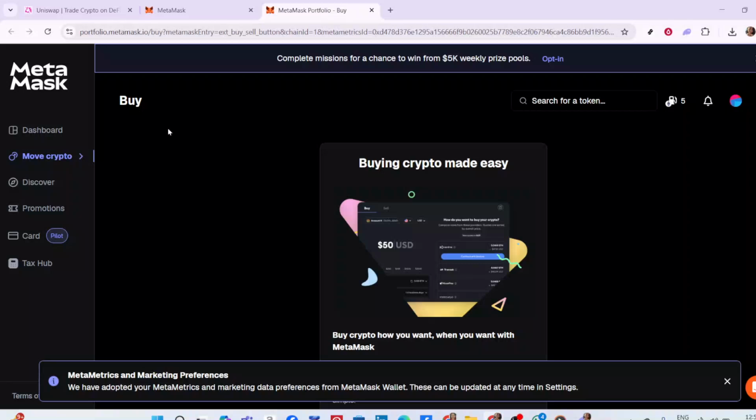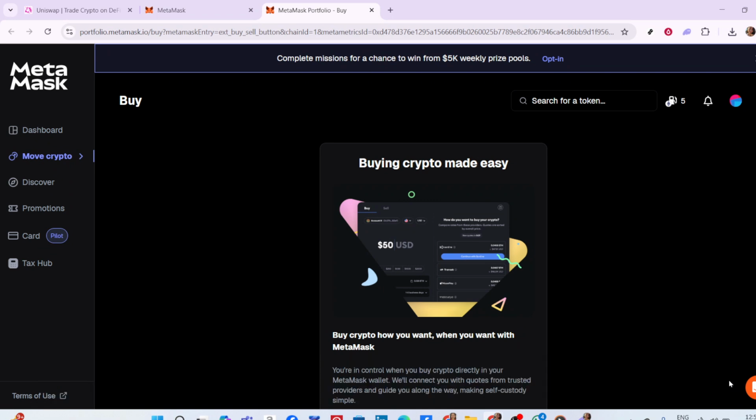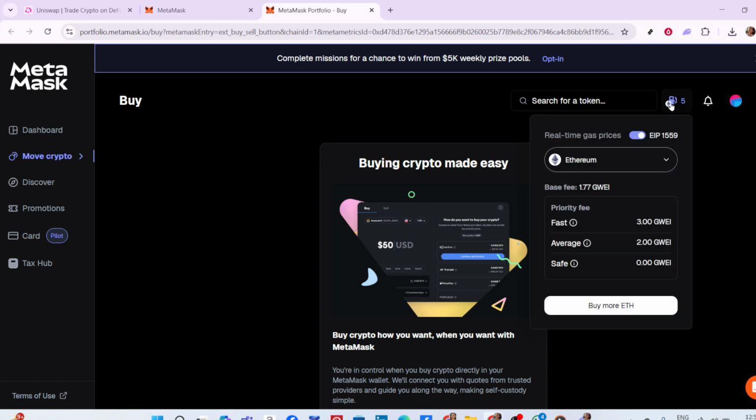In today's video, I'm going to teach you how to pin MetaMask so you don't keep losing it. If you've ever found yourself frustrated with MetaMask disappearing from your Chrome toolbar, you're definitely not alone. It's one of those small inconveniences that can interrupt your workflow, especially when you're in a hurry or dealing with multiple tabs. Today, I'm going to show you a quick and easy way to keep MetaMask visible and easily accessible